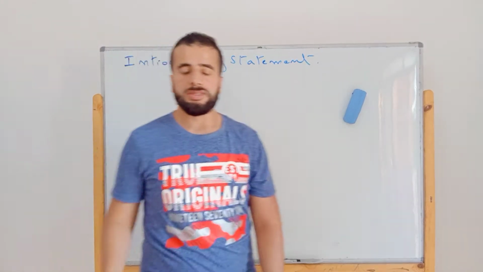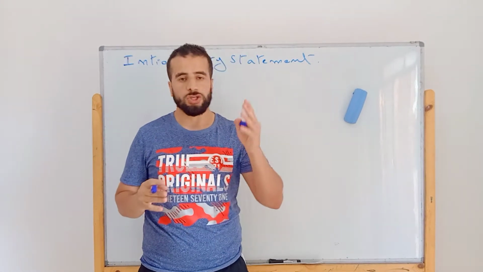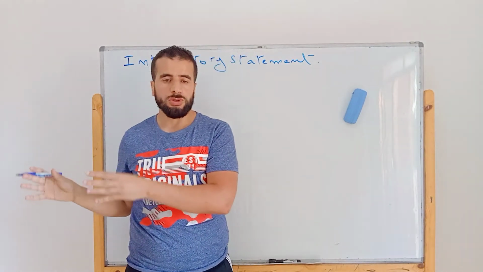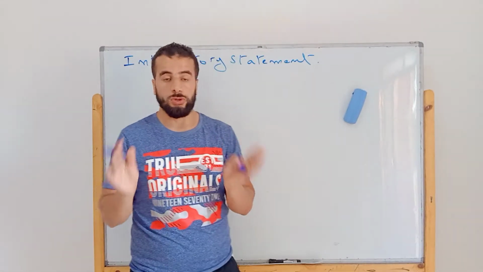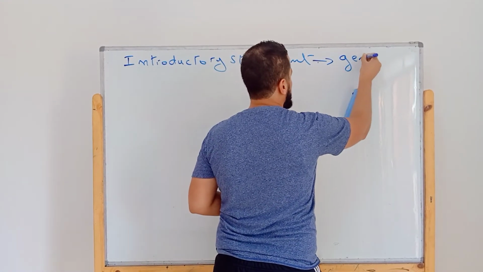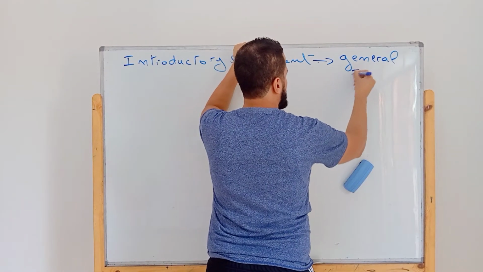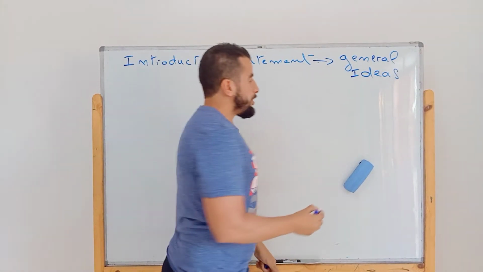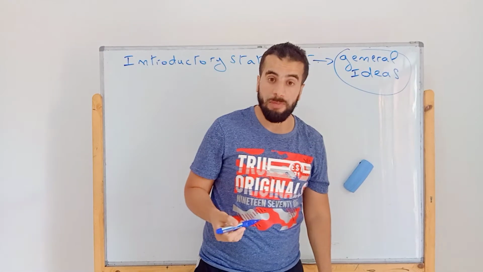So introductory statement simply means an introduction about your topic. So you give general ideas about what you intend to express and talk about things in general. So here we are talking about general ideas. Good. So the thing that should be linked with the general idea is the problematic.